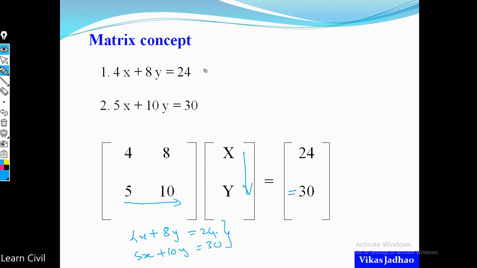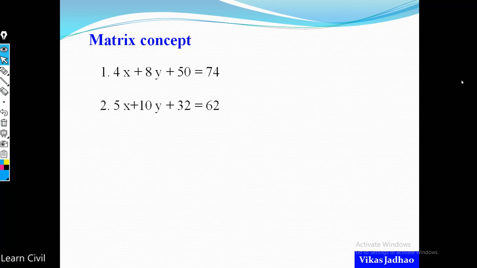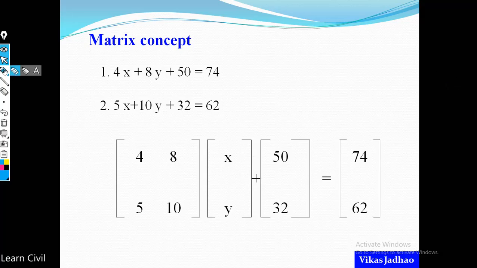So we can write the slope deflection equation in matrix form like this, and it will be convenient when the number of unknowns or variables is more. Then solving by using matrices will be more convenient as compared with solving the simultaneous equations. Let us consider we have other simultaneous equations like this. We can write these simultaneous equations in matrix form like this. If we solve this matrix, we get 4x, this first row multiplied by the column, plus the first value of this matrix, equal to this 74.